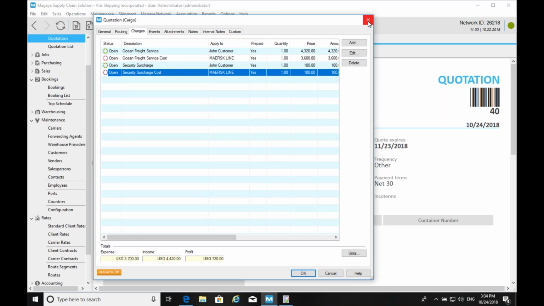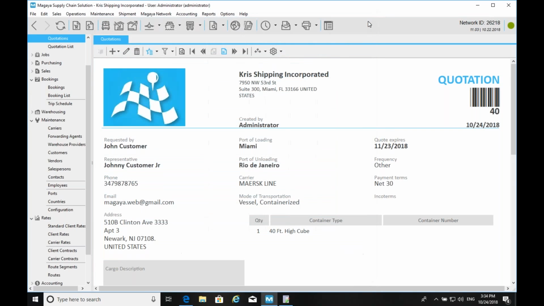Okay, so this is something that might be a little technical for those of you that haven't used these features before, but for those of you that have, this might click and you might say, oh my God, finally, because this is something that we've received a lot of feedback about as well, that the automated generation of charges should be somewhat more flexible.